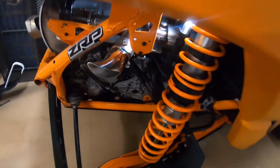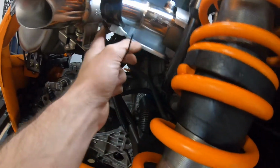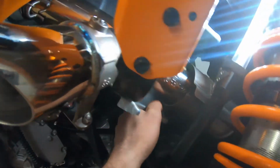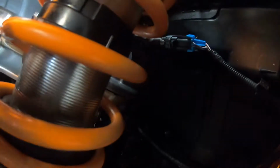All right, so we got her into place. I've seen videos mostly with the 3-inch though, and they don't run this black bracket. We shoved it back in because it fits pretty good. I notched it out just so there's no rattling. The only thing left to do, I gotta zip tie the O2 sensor back into place,